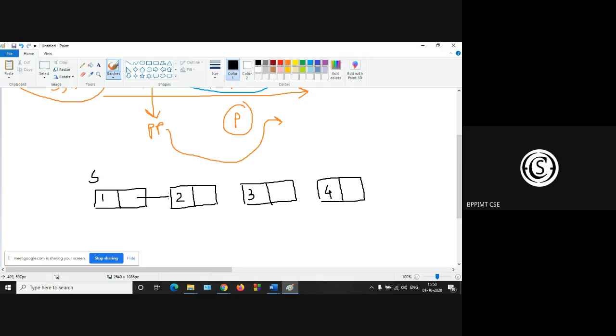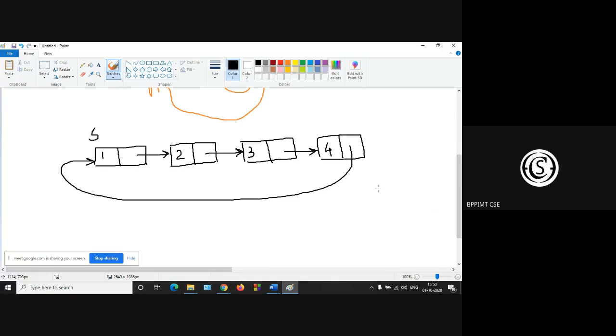So 1 is pointing to the second node. The second node's next pointer is pointing to the third node. The third node's next pointer is pointing to the last node. And the last node's next part is pointing to the first node. So this is the concept of circular linked list.